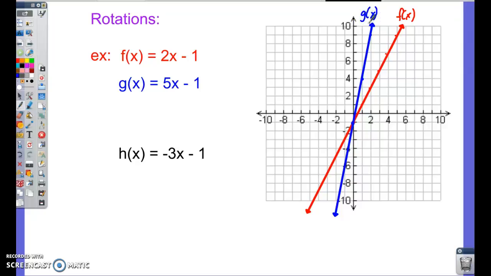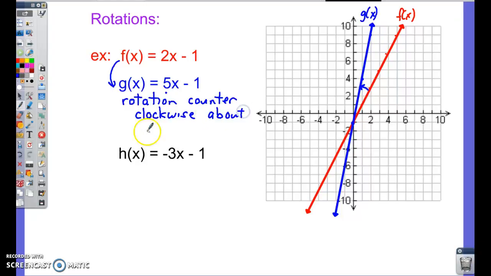So there's my g of x, and what happened is we have the same y-intercept, but the graph went this direction. It kind of spun backwards in a counterclockwise direction. So that's how we're going to describe this transformation. Going from f of x to g of x, it was a rotation, and we would say it's counterclockwise. Your teacher may or may not require that part of the written explanation, but it's a rotation counterclockwise